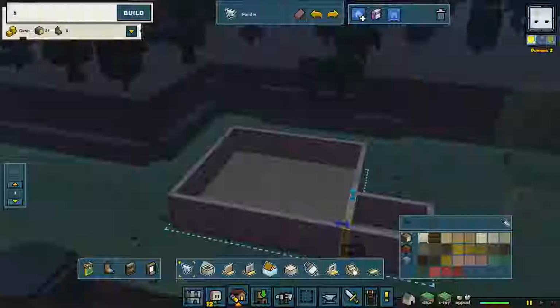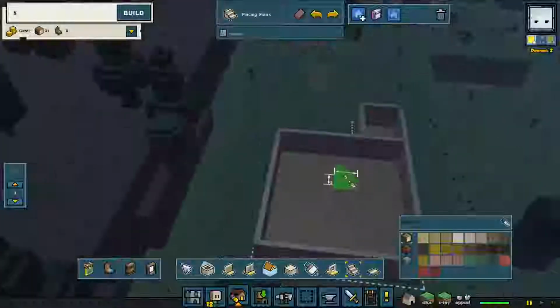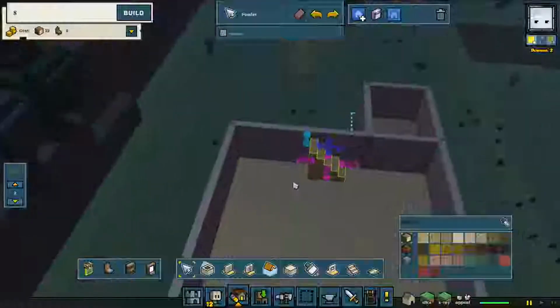Alright, we need some stairs so that we can have a second floor. And I kind of liked the way they were in the other building. There we go. Maybe not quite so far over. It looks like I'm building it a little bit bigger this time. That's okay. Alright, so